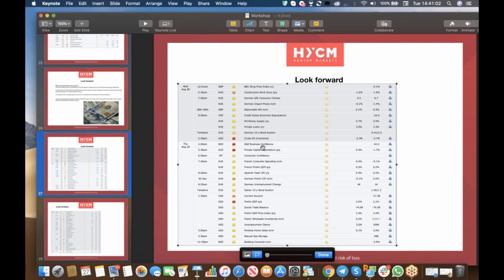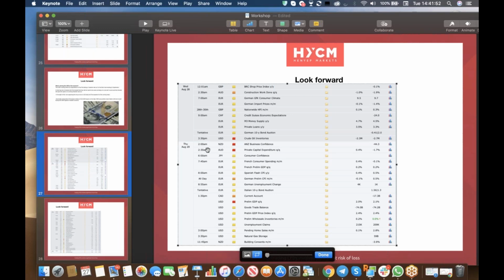On Thursday, we have ANZ business confidence. Now, I find this New Zealand data point particularly interesting. The RBNZ are on an easing bias. They're more likely to ease than not. They've cut interest rates by half a percentage point, 50 basis points, and since then they're saying we're in a wait and see mode. Now, business confidence is a very key input for the RBNZ. They factor business confidence into their projections, okay? So if we get weaker business confidence data, then I would be expecting to see some more New Zealand